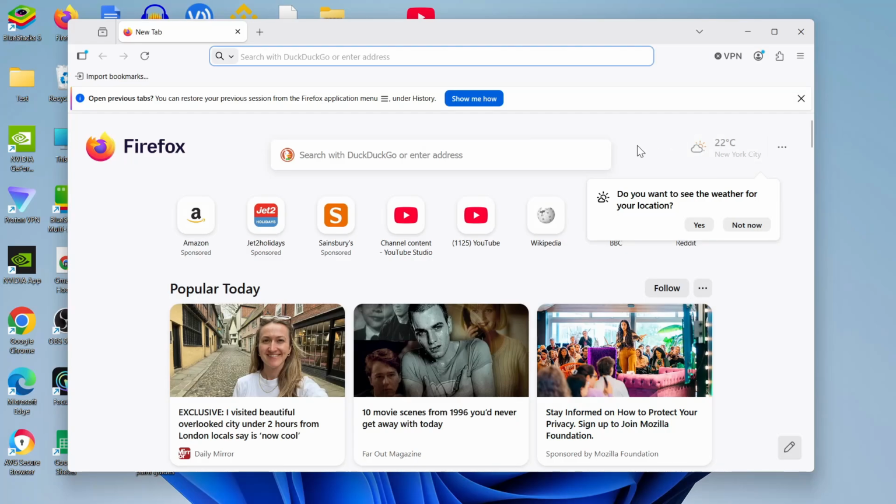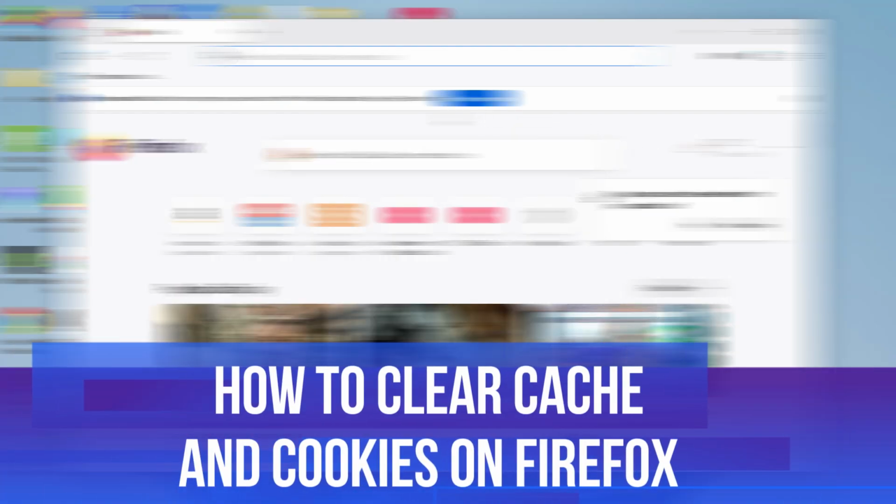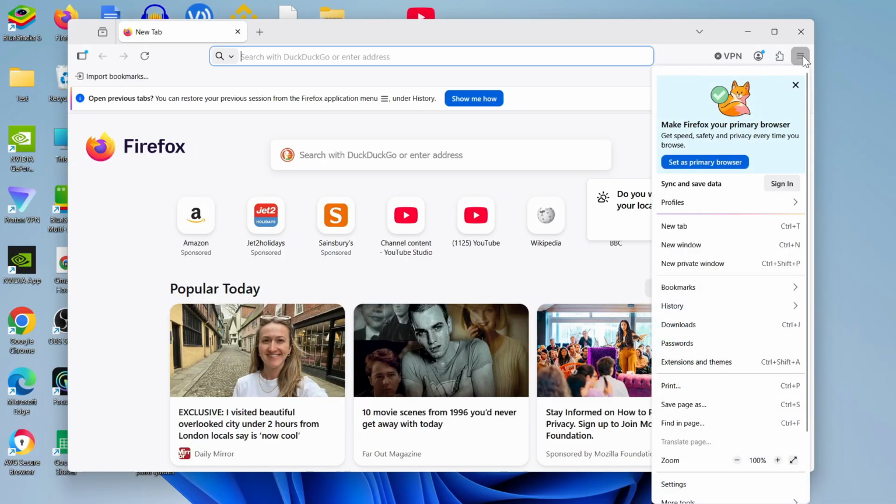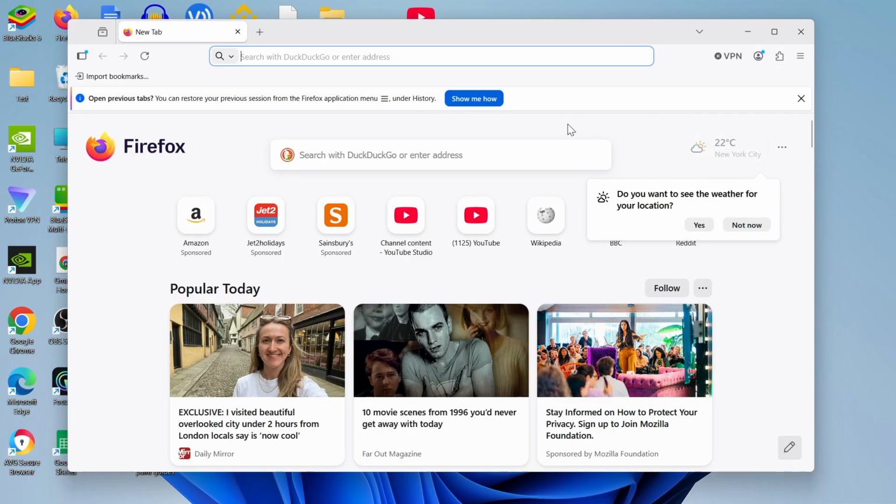In this video, I will show you how to clear your cache and cookies on Mozilla Firefox so you can improve browser performance and fix any loading issues. To get started, as you can see, I've currently got Firefox opened, and what you want to do is come